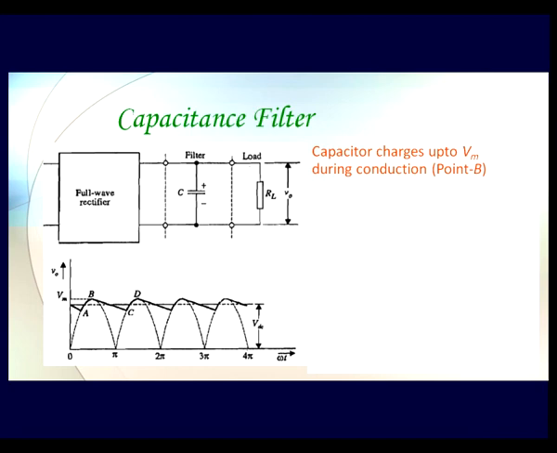The capacitance filter is the one where, as we are showing here, the full wave rectifier output is given to a capacitor. This is the part which is of our interest now, which is then connected in parallel to the load. So what happens in our case is that this is a full wave rectifier output. Below here I am showing you. Initially when I am having conduction at Vm, then my capacitor charges to, say, value B.